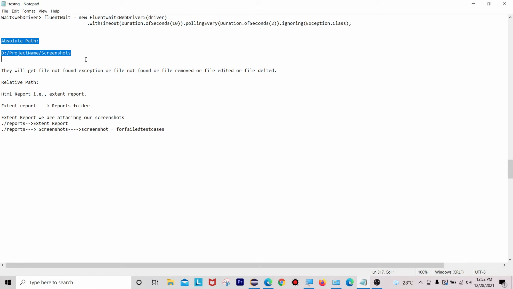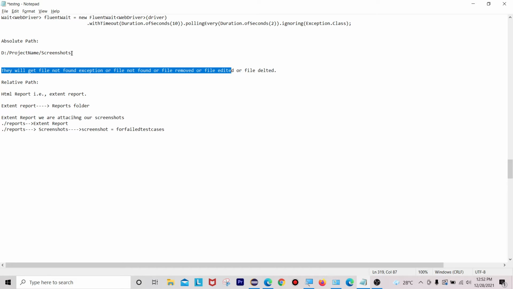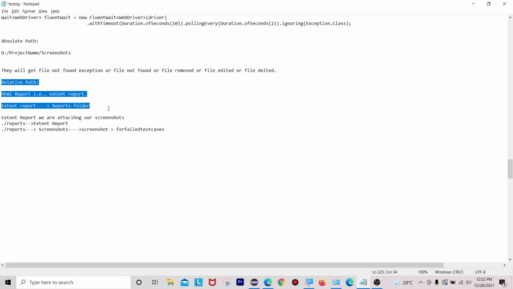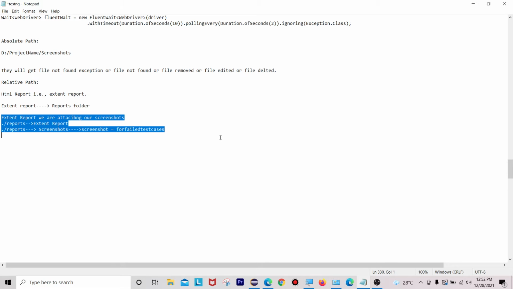The problem is, if they send this execution report to other people, once the other people try to open that extent report and see the screenshots, they are not able to see your failed screenshots because they don't have this path on their local machines, right? That's why we are going for the relative path, where we can have the same relative path folder like what I just told you.